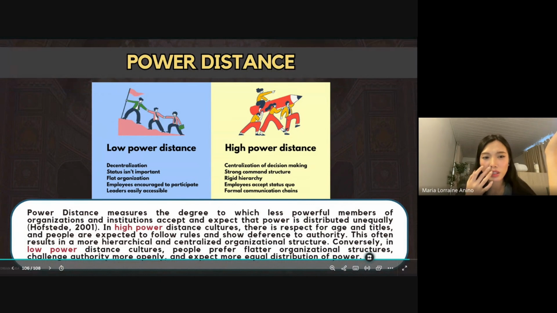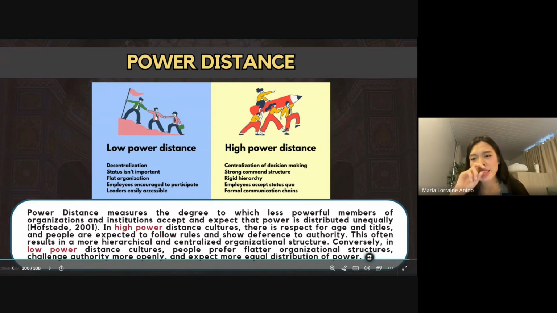It shows that. Remember, in the power distance, there is what we call the high power and the low power. So as I mentioned earlier, that was the low power, more lenient. Okay. However, on the other side, there are also cultures with high power distance. So in this culture or in this setting, they see authority as something that is to be respected. Leaders make the decisions. Employees follow. They cannot question. There is a clear chain of command, and things tend to be really formal.